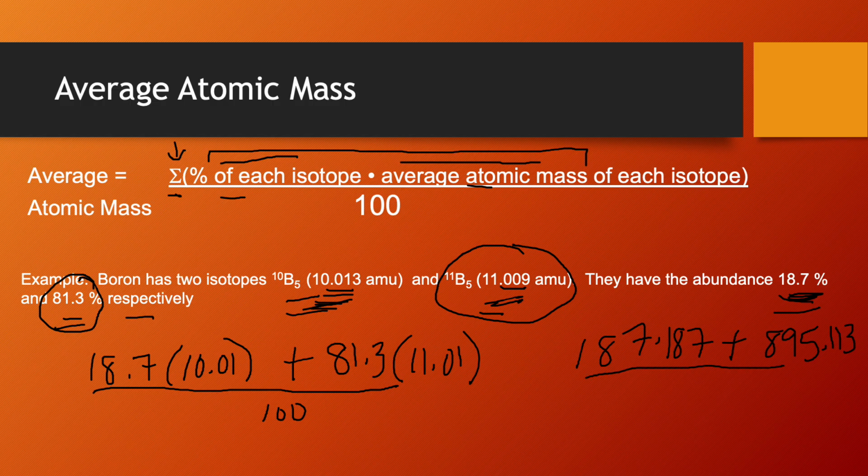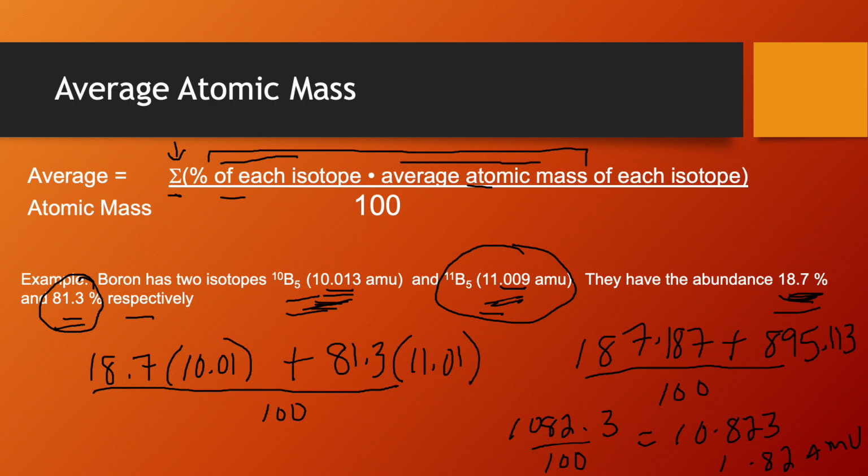And then this is all divided by 100. When you divide that by 100, you're going to get 10.823. Again, we record our atomic mass units to the hundredths place, so we would have 10.82